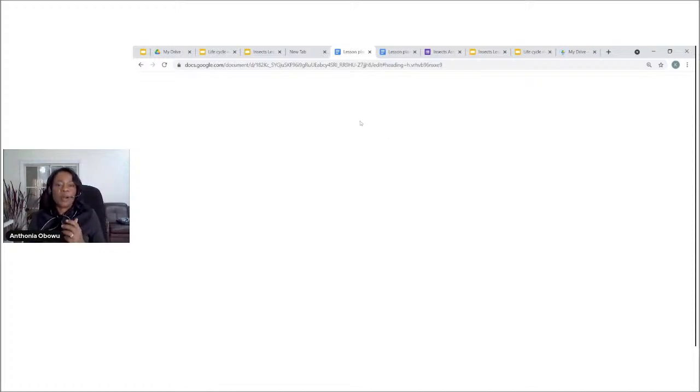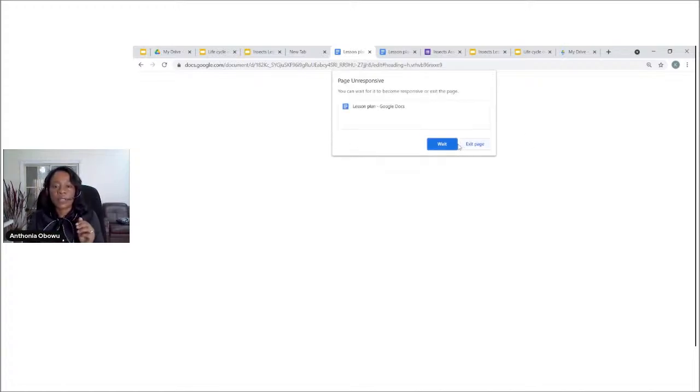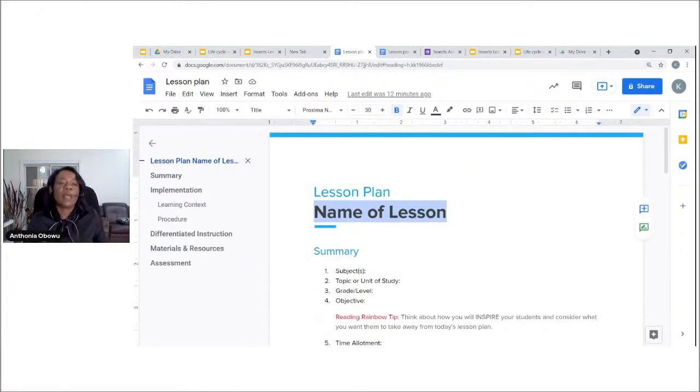Okay, so while I wait for the plan to come up, I'm going to wait. All right, so while waiting for the documents to come up, yes, so here we are. So this is the lesson plan template that we had looked at earlier on, and now we want to save this into our drive. So now the first thing you want to do is rename this to suit whatever purpose you need it for. So I'm going to rename this, and I'm going to name it lesson plan 5, for